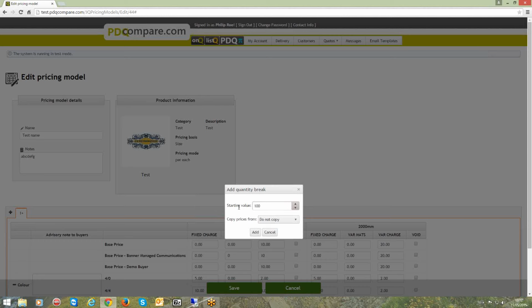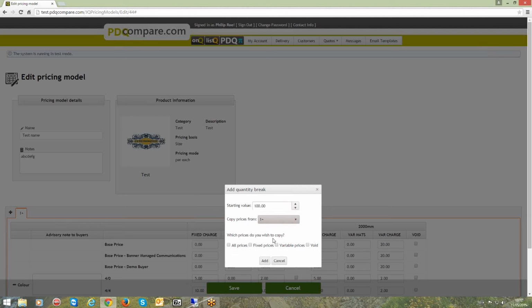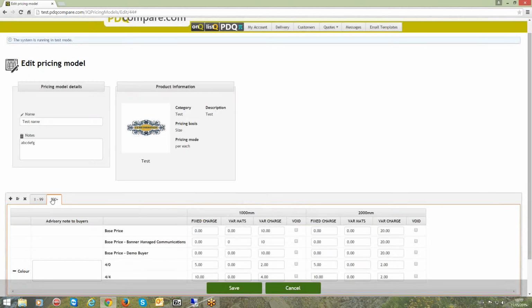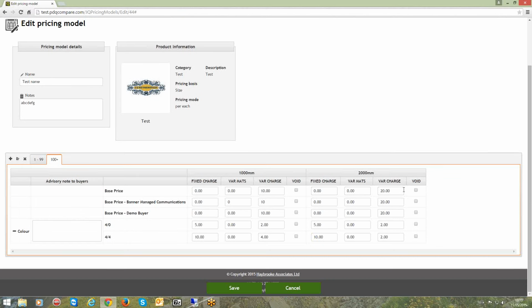and then the next one would be from 100 onwards. Now there's an option here to say do not copy the price matrix, but if we wanted to copy the pricing and then just make subtle changes to it, we can say copy from my 1 plus price matrix, and then it's asking me which prices do you wish to copy. I could just copy over the fixed, or maybe the variables, or maybe the voids, or all of them. And once I click add, that then adds in my next quantity break, brings through all those elements that I've asked to copy over or not, and then I can quickly go in and make changes to any elements that I want to, click save,